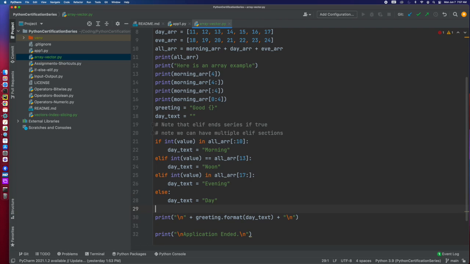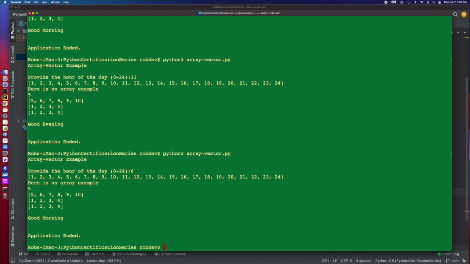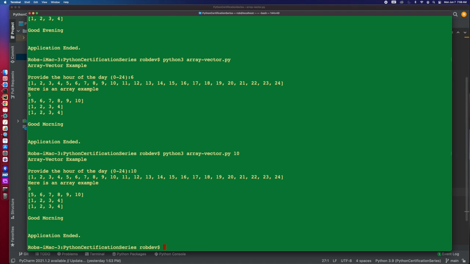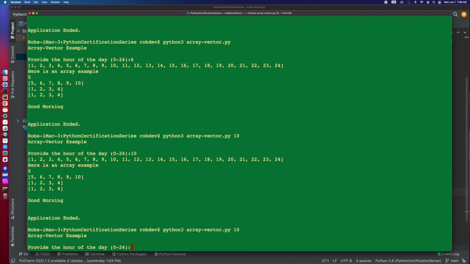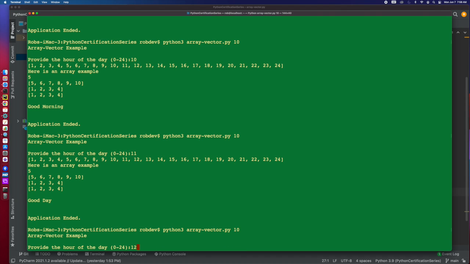Let's fix those up a little bit. So now the default will be day. So now, if I go in the morning, it says good morning. And if I go at 10 a.m., oh, sorry, it's still morning. But if I go to 11, it's going to be the day. If I go at noon,